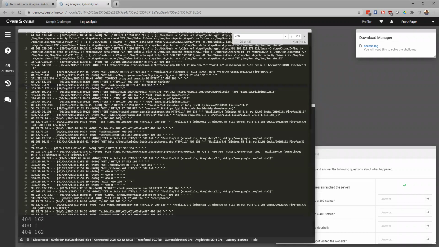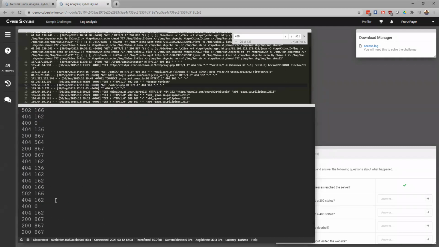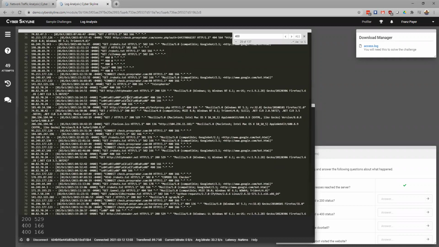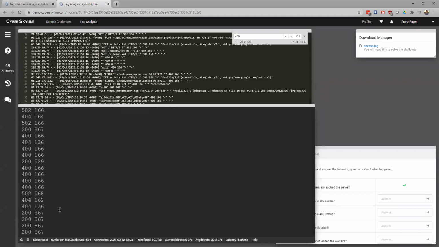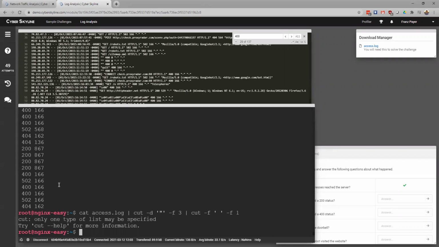And I'm pretty sure the right number is going to be the size of the response that's being sent back. And so what we can do is send this to another cut command. Cut, and then I'm going to cut on space, because that's consistent again. And then if I do the first field, I think that will